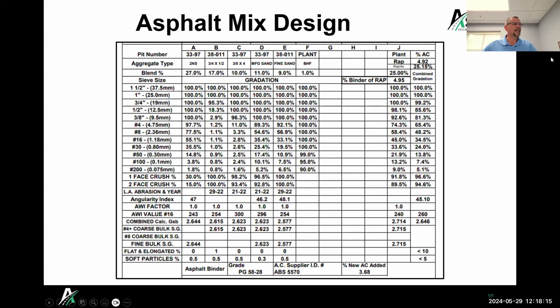And that combined gradation includes all your aggregate and the wrap, correct? Yep. Once you blend everything together, because when we're putting together a mix design, we have to separate out each one of these aggregates and then run it through a sieve analysis and get the whole gradation band for each one of them. And then we combine that based on our blend percentages to get that combined gradation. You can do that mathematically, and then as you're running, you can get a sample and test that to make sure it's meeting that.